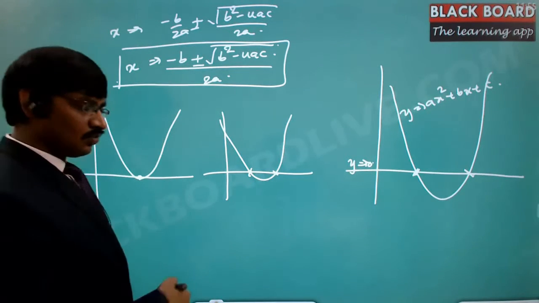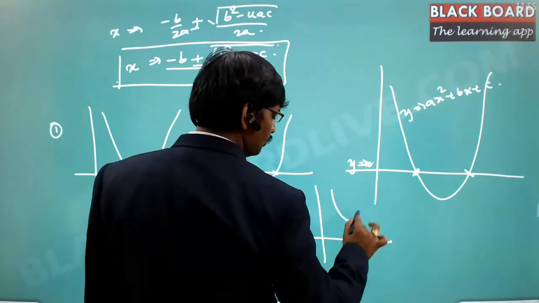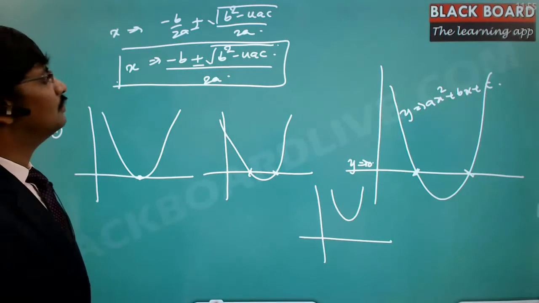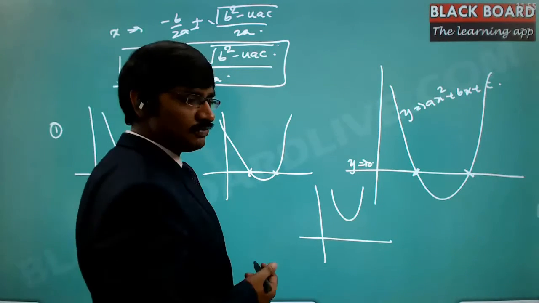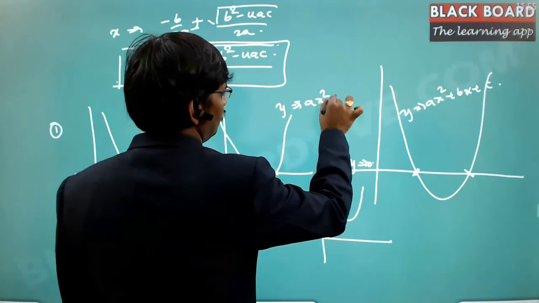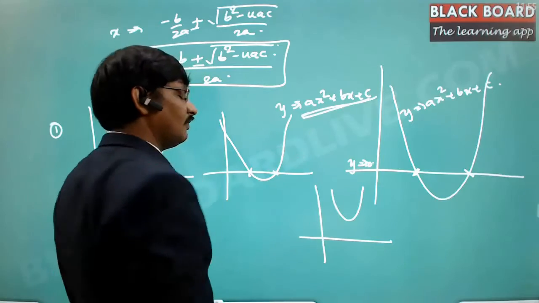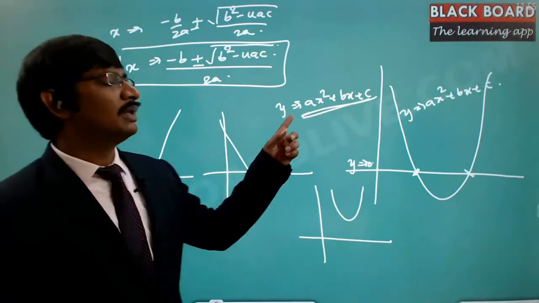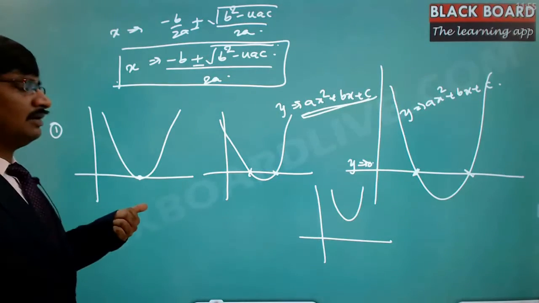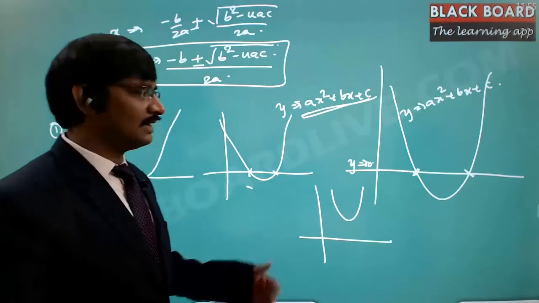And then we have got one more case wherein it is not even coming to this place and going. So here also. Now we have got all the cases for a parabola. The quadratic equation is ax square plus bx plus c. So this is the equation of the parabola for all the cases. Depending upon the a, b, c values, we may get this kind of parabola or this kind of parabola or this kind of parabola. So I'll take a simple example.